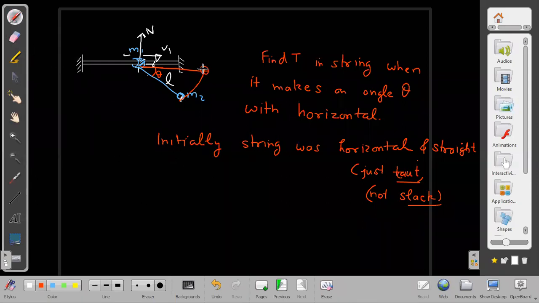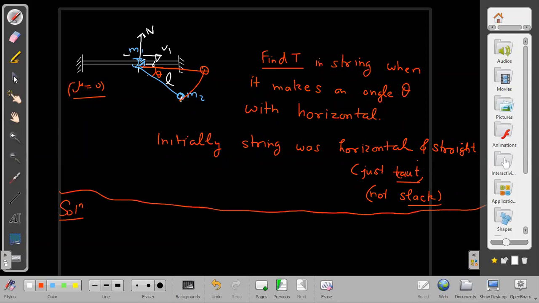The moment we release it, after some time it will be making an angle theta with the horizontal. And in that particular position, what is our aim? We want to find out the tension T. As I mentioned last time, I have to specify it again: friction is zero everywhere. There is no friction anywhere. So how to solve now? An external force is zero. This is all the statement of the question only.